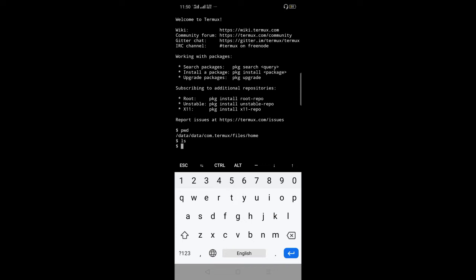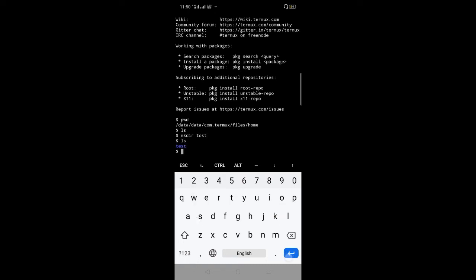You can create any directory or files in the home directory. I will show you mkdir test. I have created a directory with the name test, and hit enter. Now again run the command ls, and as you can see the test folder has been created.